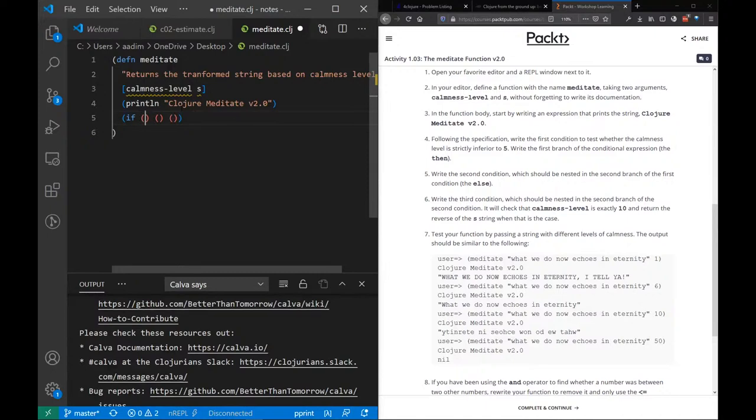So the condition is whether the calmness level is strictly inferior to 5. If calmness level is less than 5, then